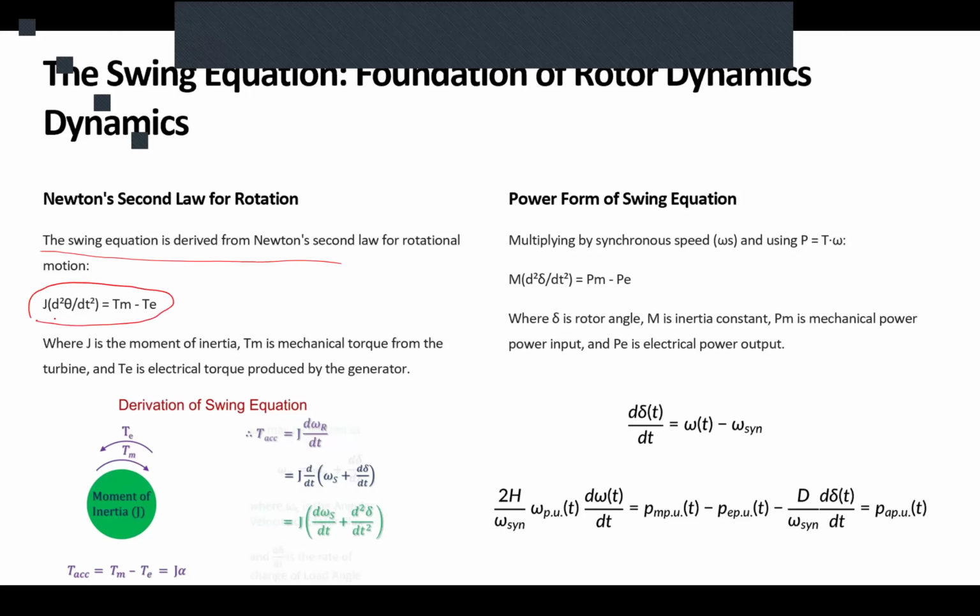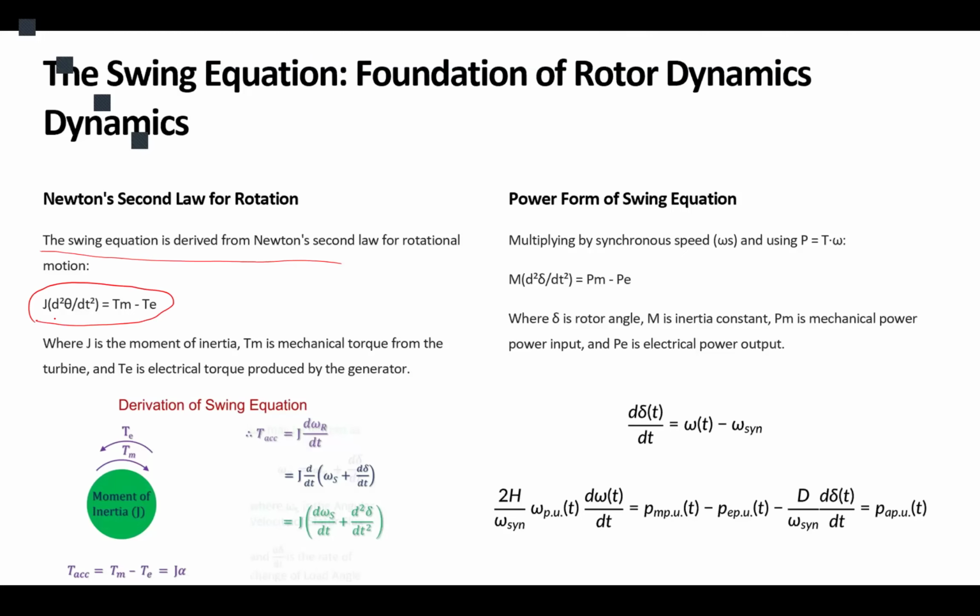The product of that Newton's second law is that in the rotary machine, the theta of the rotor, meaning the angle of our rotor,